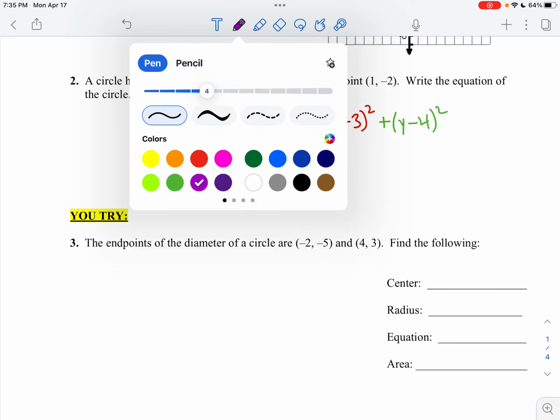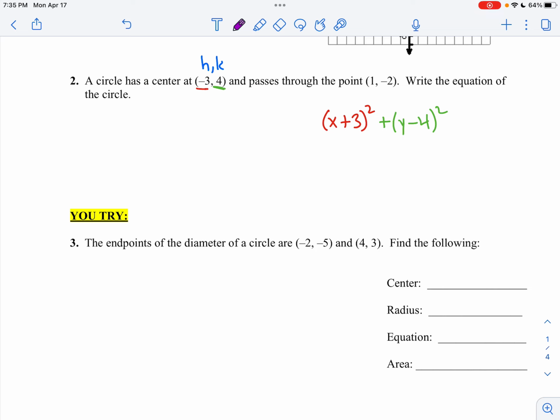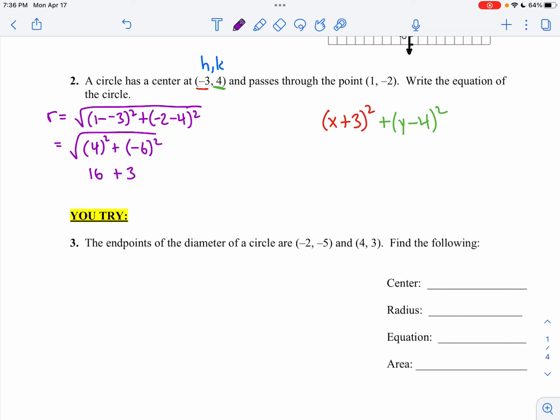The radius of a circle is the distance from the center to any point on the circle. So we are going to use the distance formula, which we've been using since lesson 9.5. So (1 minus -3) squared plus (-2 minus 4) squared. So that becomes 4 squared plus (-6) squared. So we get 16 plus 36,